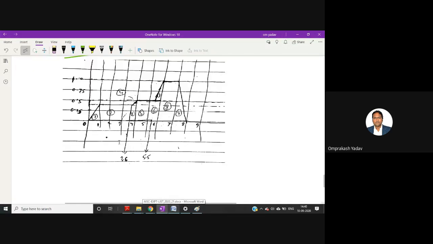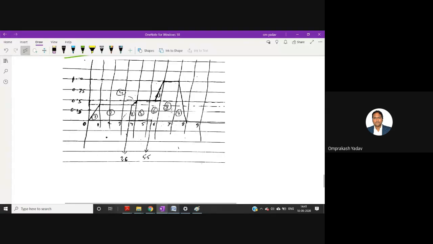Yeah. So we have divided this into a number of areas. For example, if you see, this is first, second, third, then this smaller triangle is the fourth one, then fifth, sixth. This is the seventh one, the top one, a triangle, and this rectangle is the eighth, and this is the ninth one, a triangle like this. So I hope all of you must have drawn this marking and divided it into all these 9 areas.